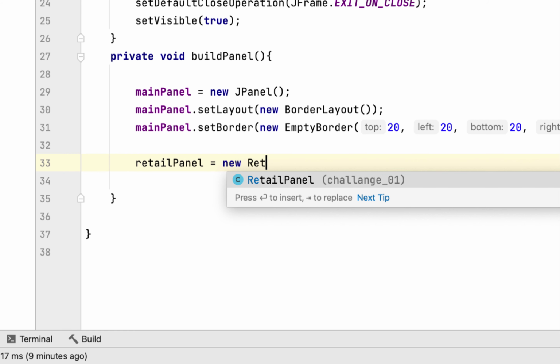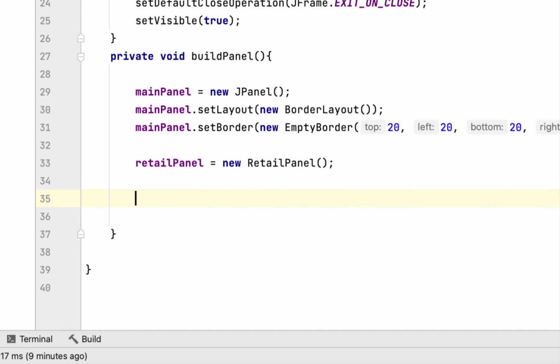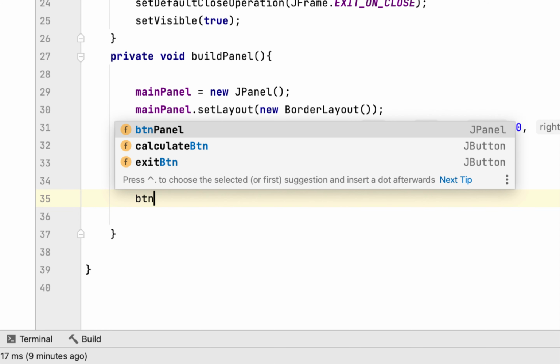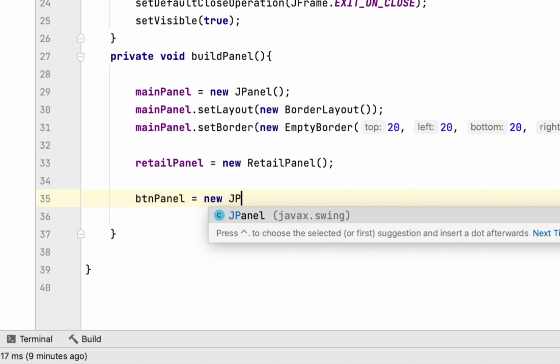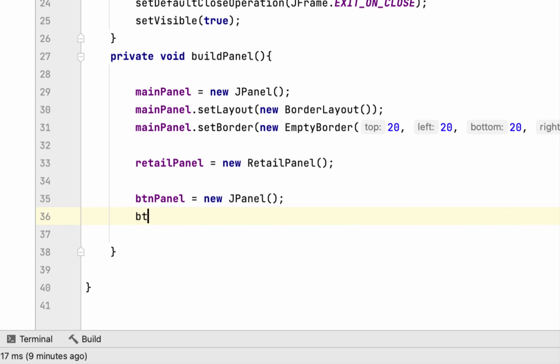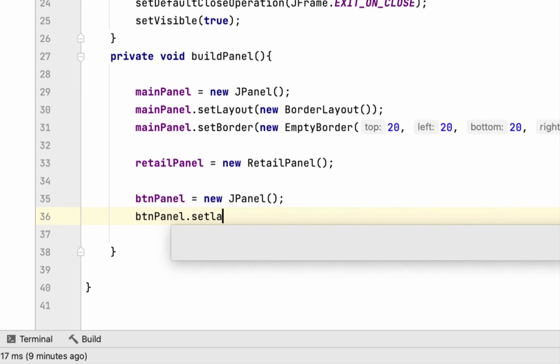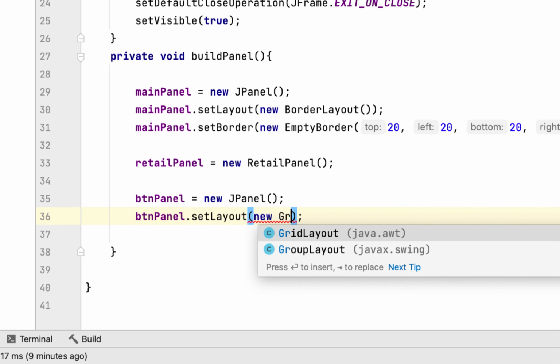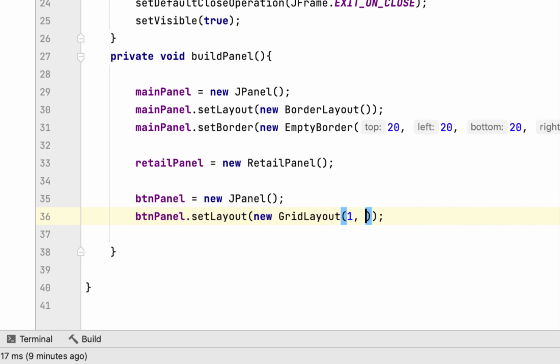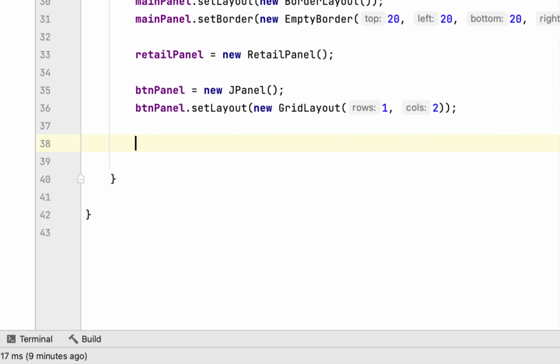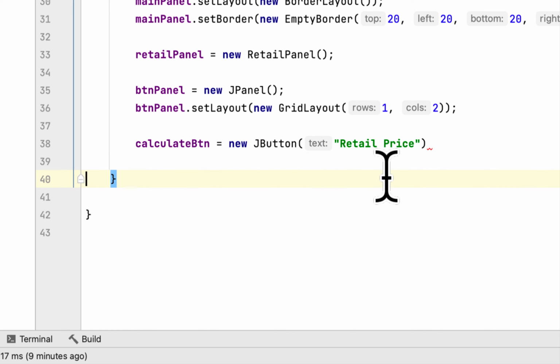the class that we created, and then we have to instantiate the button panel as well. This button panel would have a layout of a grid layout. It will have one row and two columns, and you have to instantiate the buttons as well. We say retail price. That's what we want to calculate. And exit